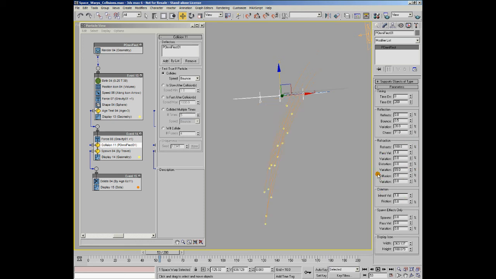Beyond that, the other unique parameters to this particular set of collision space warps are the time on and time off parameters. Now these are both a blessing and a curse, because obviously they're good in that you can use these parameters to